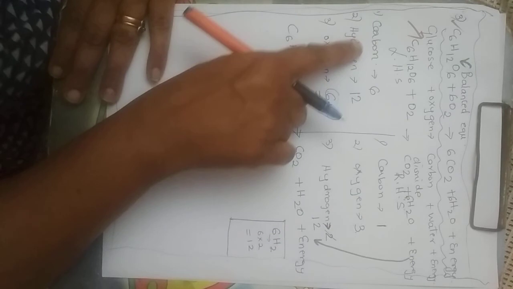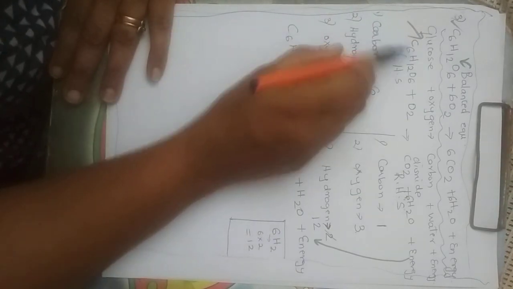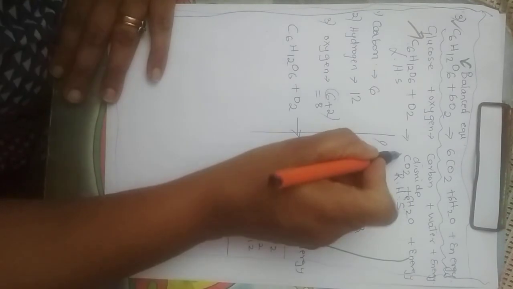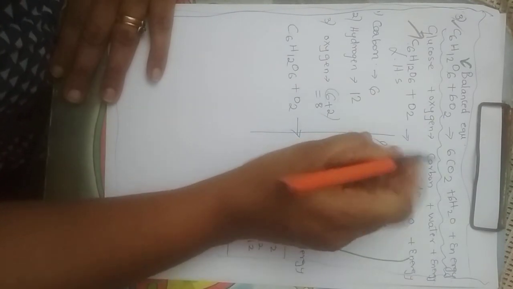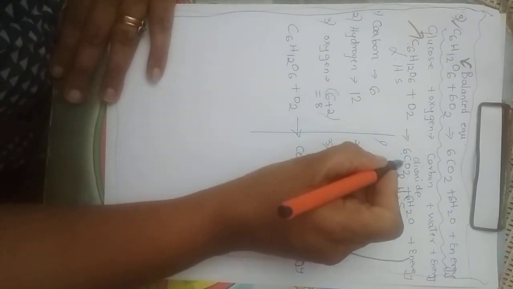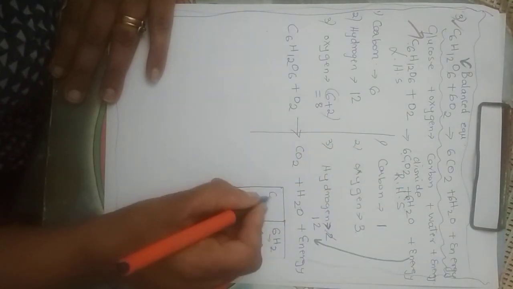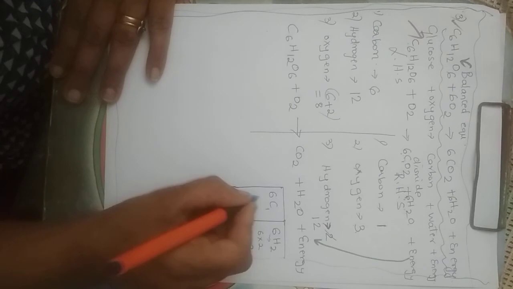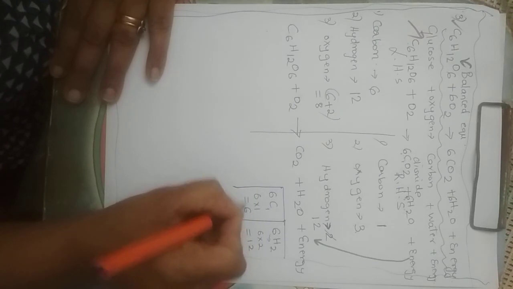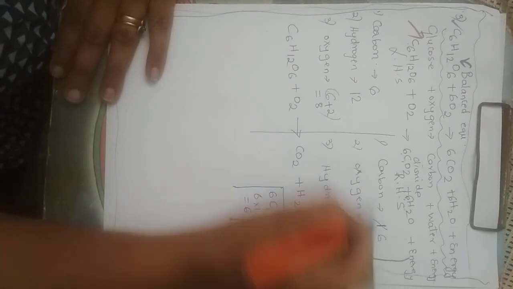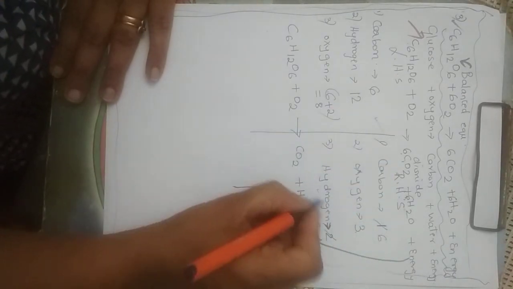Now let's tackle carbon. Carbon is 6 here. I need to make 6. So now look, where is this carbon? Here, got it. So how to make 6? I'll put a 6 here. C1. So when you do this here, actually 6C, and this is a 1 here. So 6 into 1, we get 6. So let's cancel carbon 1 and we put 6.